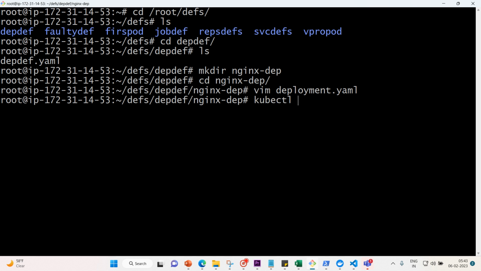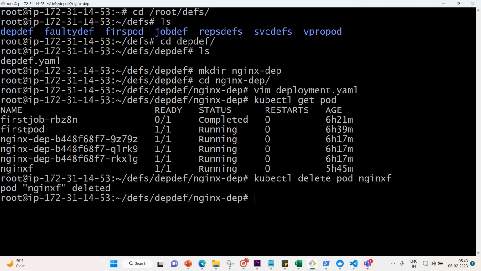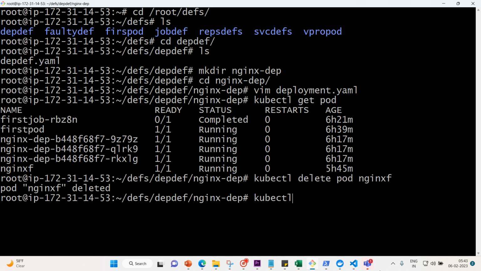So kubectl get pod, kubectl delete pod nginx-f, nginx-f has been deleted. Now we have nginx-dep. Let me copy. Okay, if we delete all those, specifically nginx is not there, so that's okay. So let's